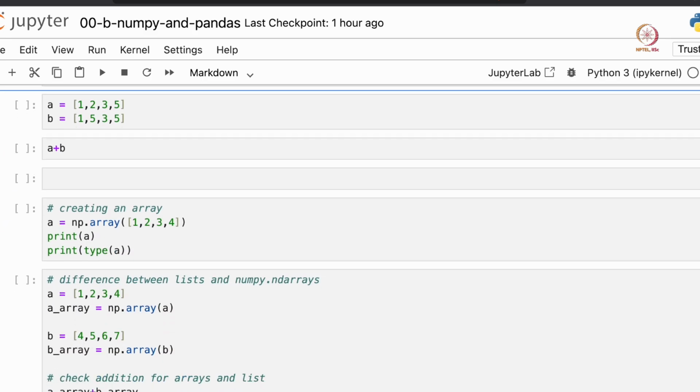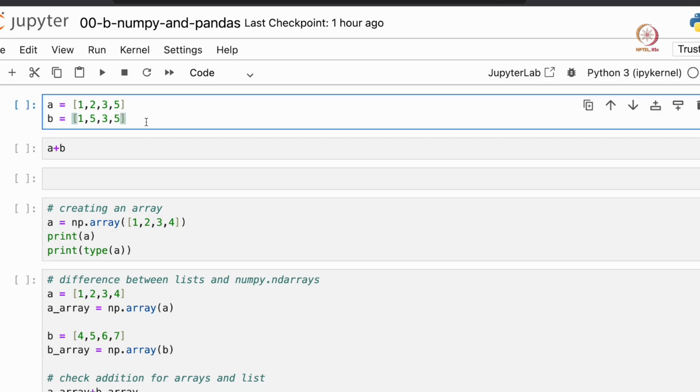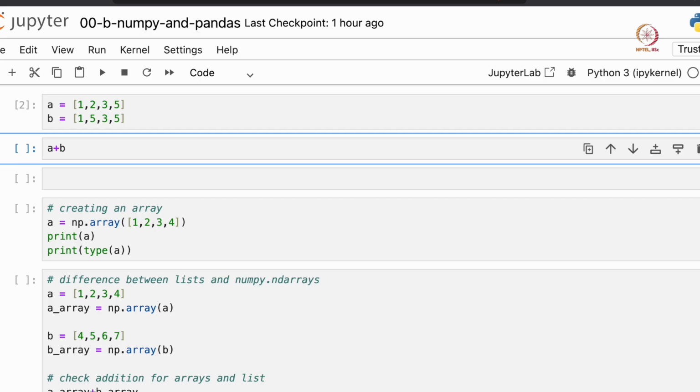Now let's get started with NumPy arrays. NumPy arrays are a class within NumPy, and they are very similar to lists. Let's compare the default Python lists with NumPy arrays. Let's create two lists, A and B. Both lists contain 5 integers. Let's run this. As you already know, these lists are actually classes, and they have defined rules of addition, appending an object to a list, etc.